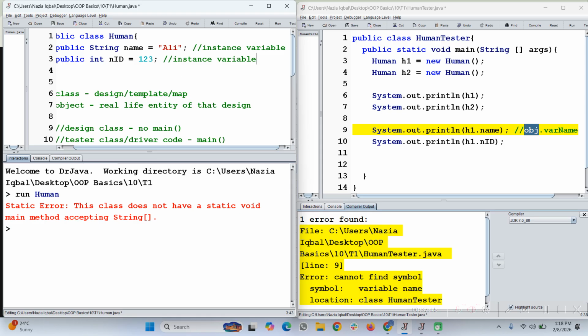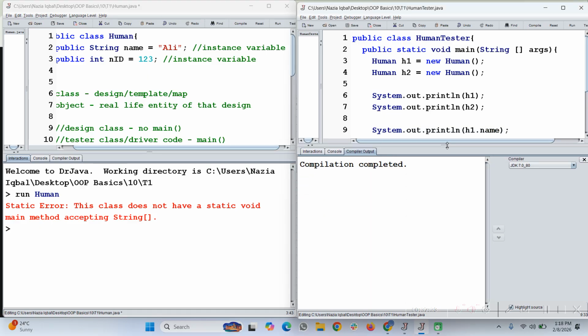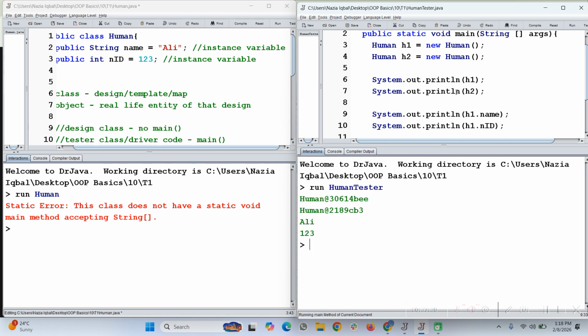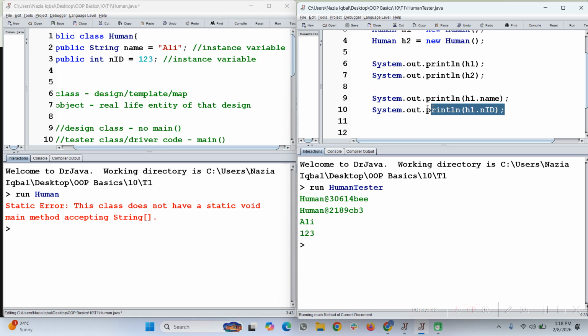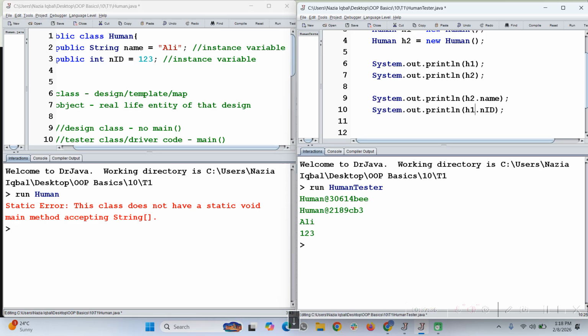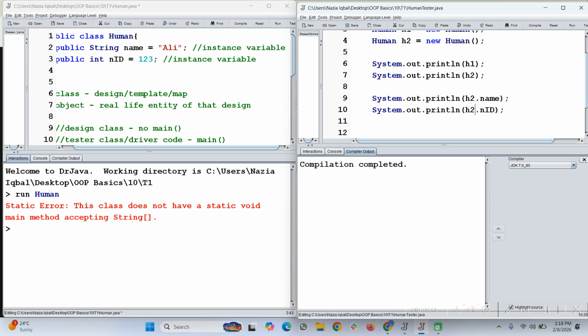Okay. So let's compile my code and run it. If I compile h1.name and h1.id, obviously it should print alien 123. Look, alien 123 is printed. Similarly, if I want to access the name and id of human 2, I can just write h2.name, h2.id. So obviously it will print the same thing, alien 123, because the default values of h1 and h2